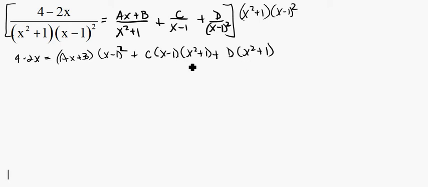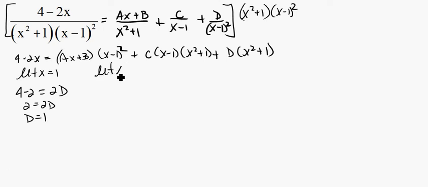So the smartest thing in this case we can do before we do a lot of the other work, the heavy lifting, is let's just let x equal 1, because then all these terms will go away. So I'm going to let x equal 1. So I get 4 minus 2 is equal to, well, this is just 1 minus 1, which is 0, so that means this goes away. This just goes away. So I'm just left with 1 squared plus 1 is d. So I get 2d, because 1 squared plus 1 is 2, so 2d. So I get 2 equals 2d, and d is equal to